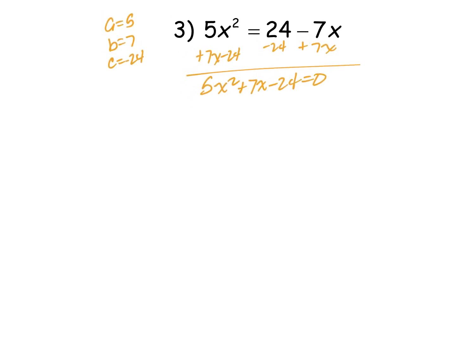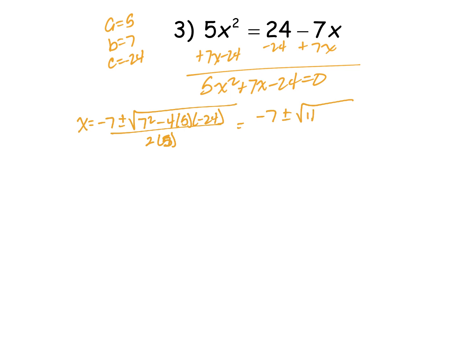Okay, so I've got x is going to equal negative 7 plus or minus the square root of 7 squared minus 4 times 5 times negative 24, all divided by 2 times 7. Oh, 2 times 5, 2 times A, not B. So that's going to equal negative 7 plus or minus the square root of 49 plus 480. Let me look real quick. Yeah, 480,